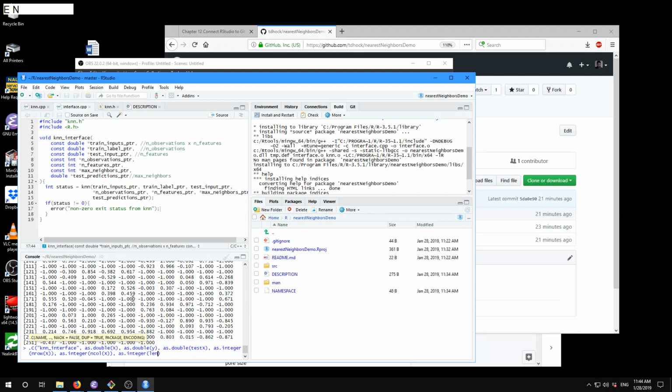Okay, so going back here, we should do as.integer length of test x. Oh no, we don't need that, sorry. We already know that's the same length as ncol x. So actually we need to say what is the max number of neighbors, and let's say how about 3? But we should always have this stored as a variable. So let's make another variable called max neighbors equals 3. And then you can go as.integer max neighbors,